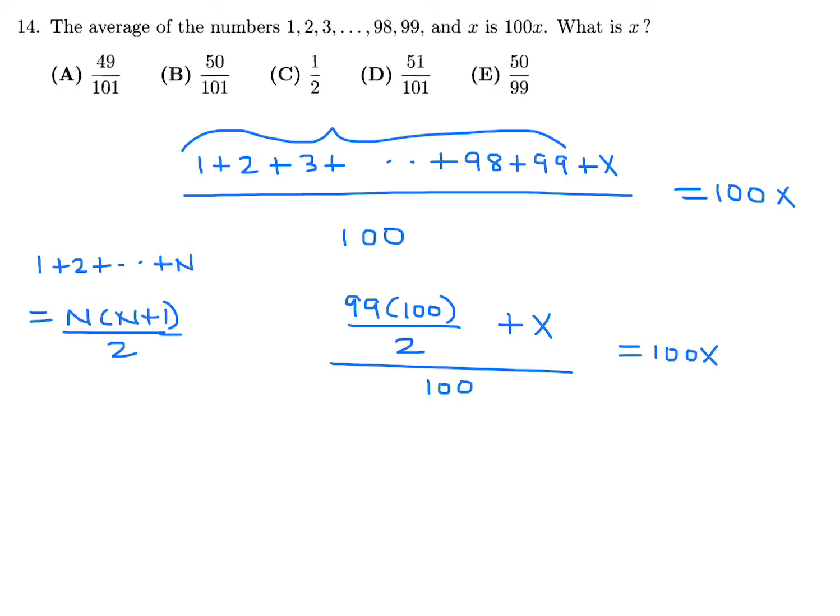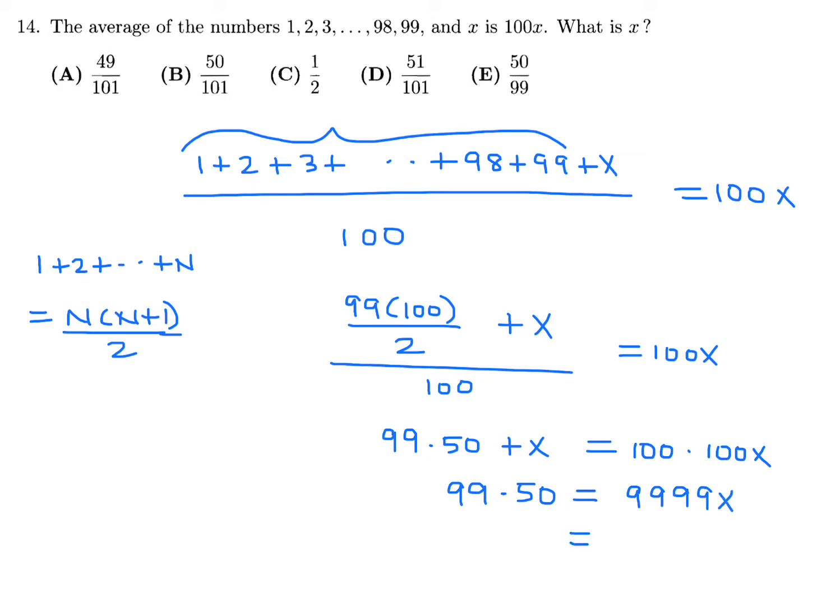All right, so far so good. We can cross multiply. This becomes 100 times 100x. This one here becomes 99 times 50, and then plus x. All right, so far so good, I hope. So now we can isolate for the x's. This will be 100 times 100 is what, 10,000, and then minus 1x, so